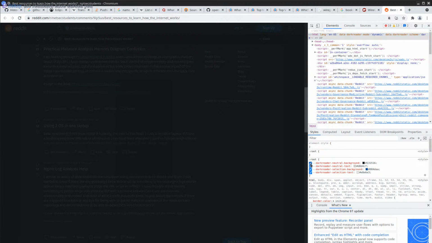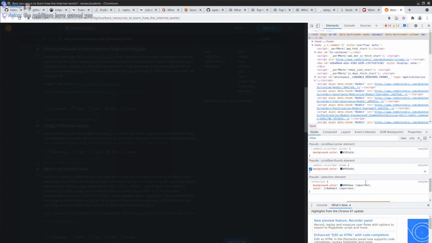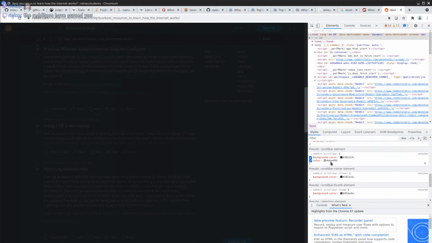Figure out how to do this. Enable all the background colors.